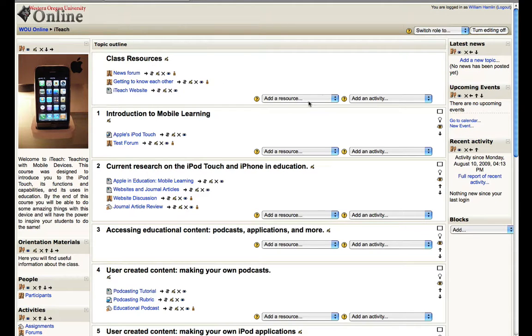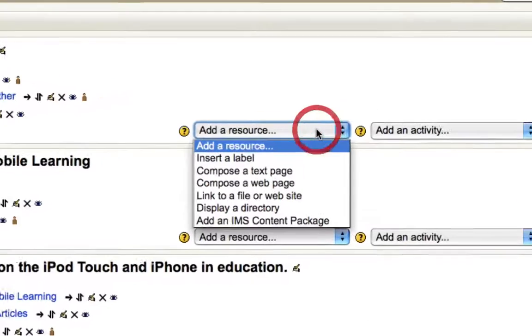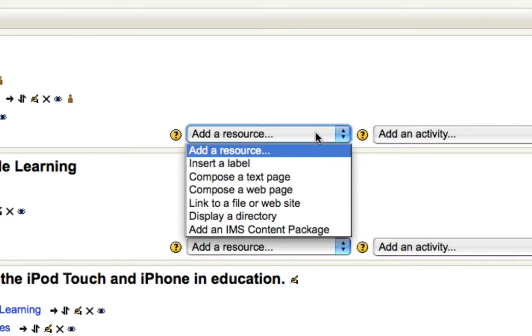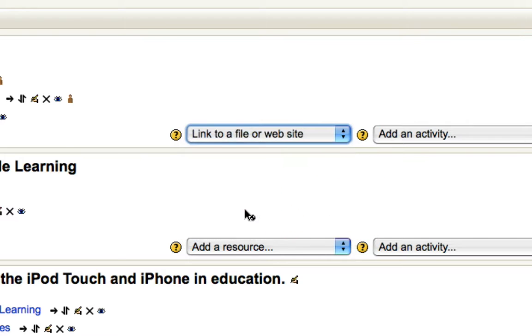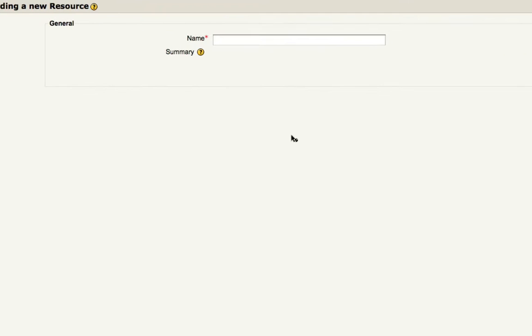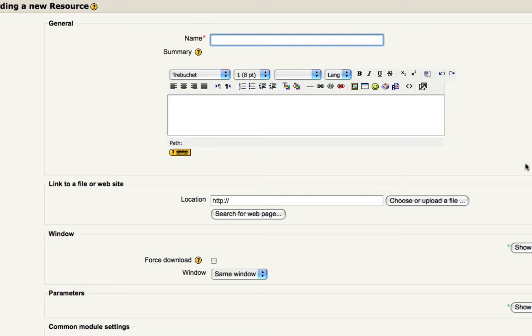So under Add a Resource, we'll click here and it drops a menu down, and we're going to click Link to a File or Website. And that's going to bring up a page that allows us to name this specific resource. I'll call it the syllabus. And I can add a description here if I'd like, or I can just move down and find this specific file. And if I click Choose or Upload a File,